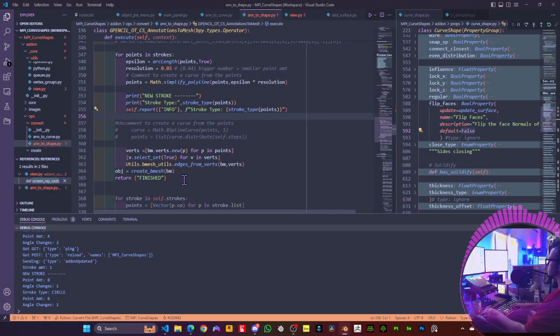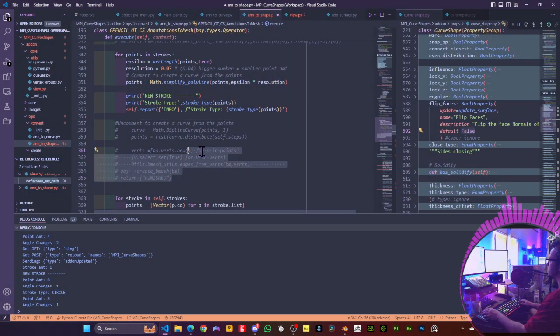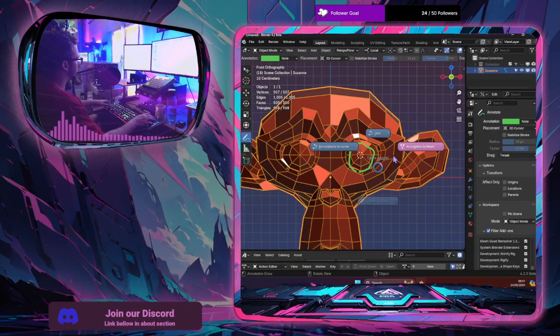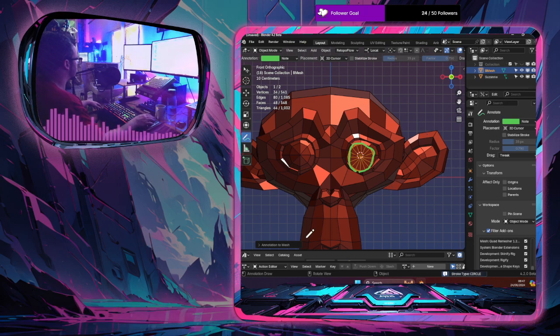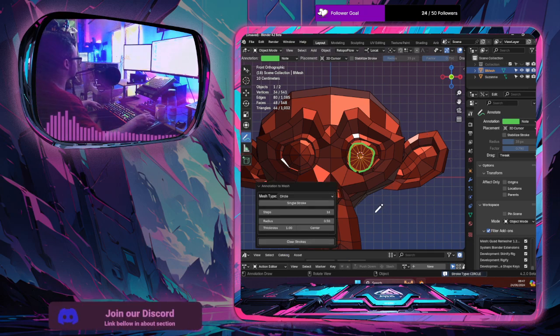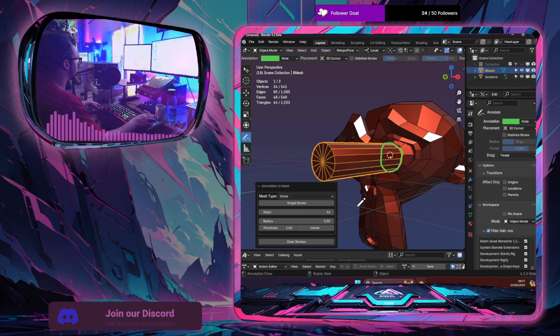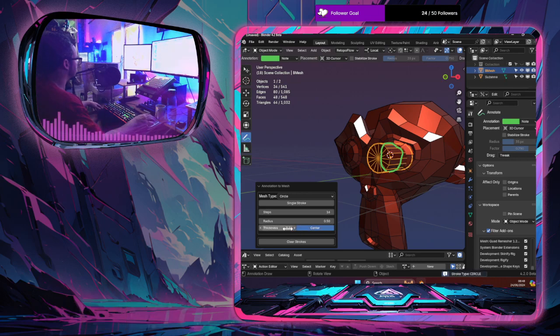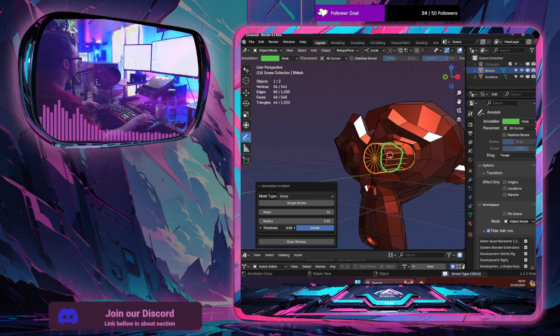And if I comment these out, what I have ready now on the background is exactly that. So I don't have a sphere here yet, but you get the picture. We could just place the object there as we wish. So really easy way when you're sculpting or just modeling in general, and you want to add